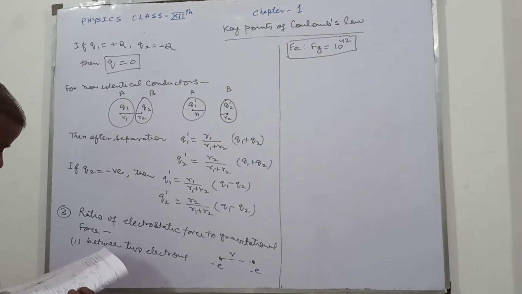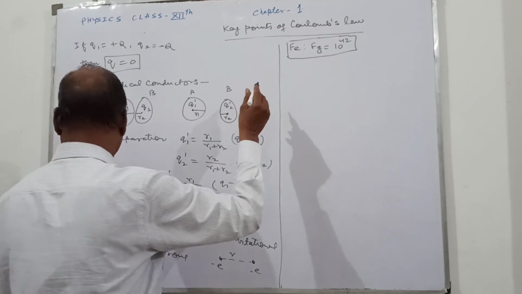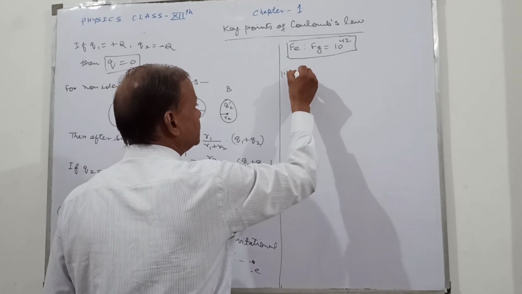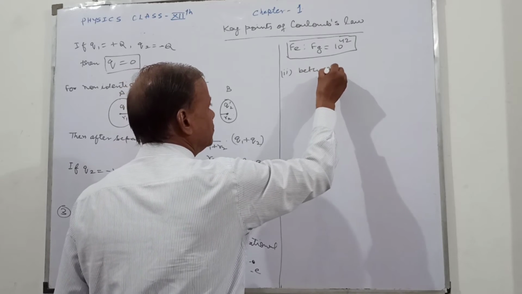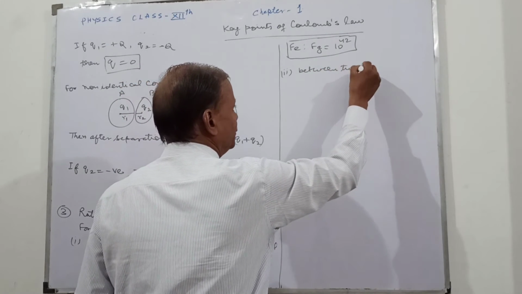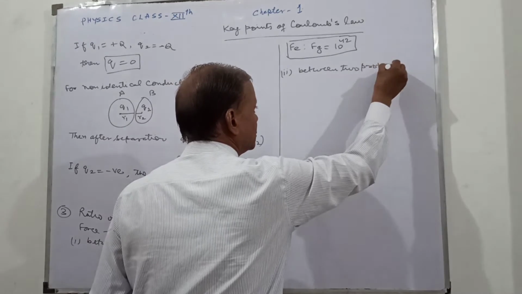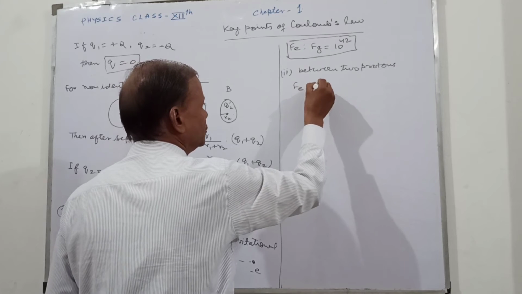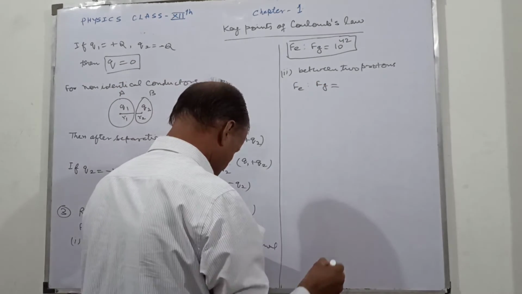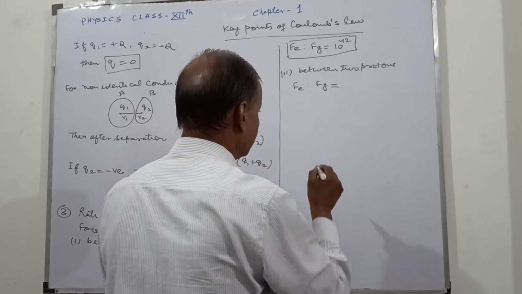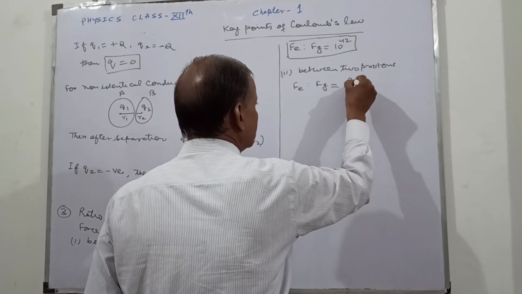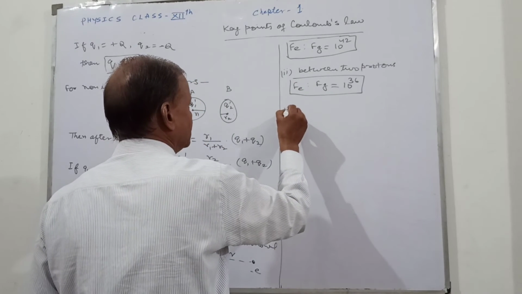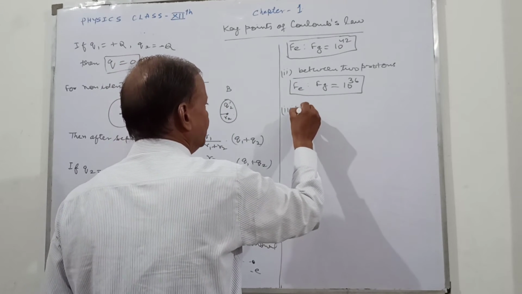If suppose you are given two protons, between two protons, then this Fe ratio Fg is approximately equal to 10 raised to the power 36. And third, between